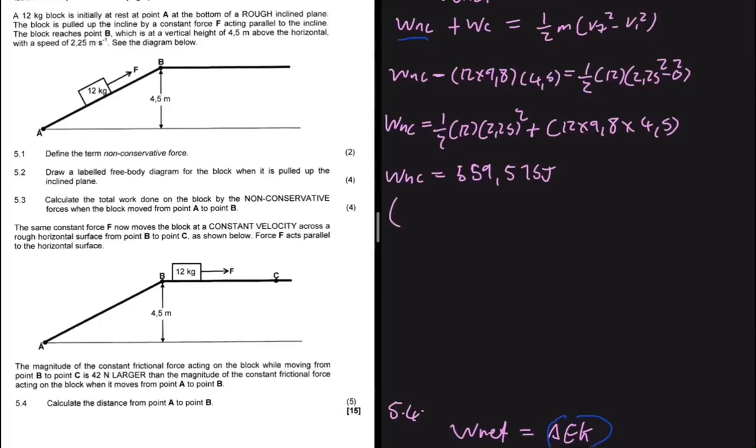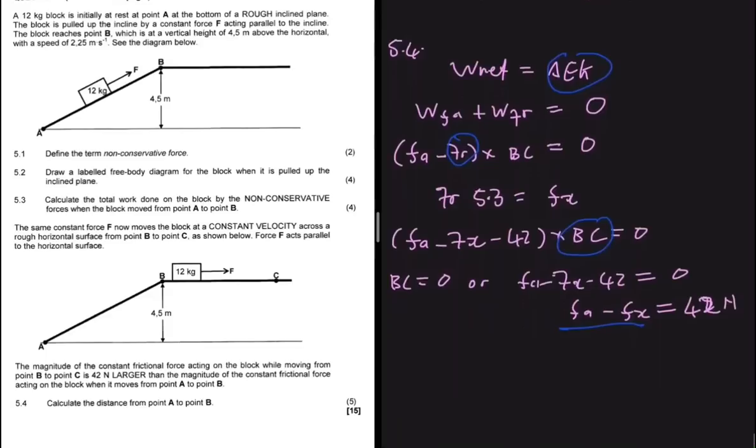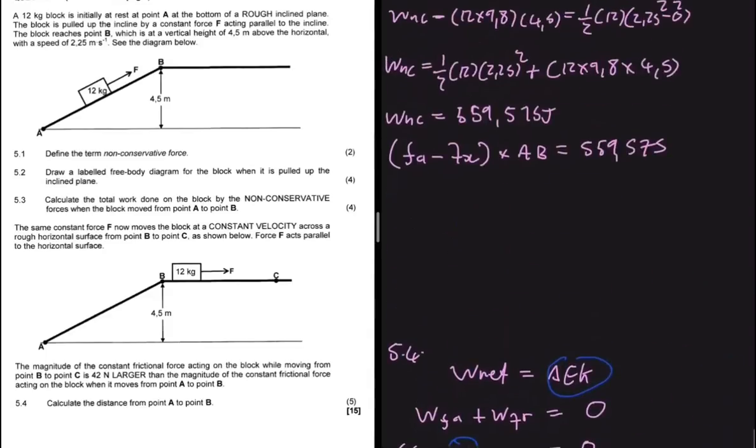So we can instead write force applied minus Fx, multiplied by delta x, which is AB, equals 559.575 joules. But Fa minus Fx is equal to 42, so we can replace this with 42. So 42 multiplied by AB equals 559.575. If we divide both sides by 42, we get AB is equal to